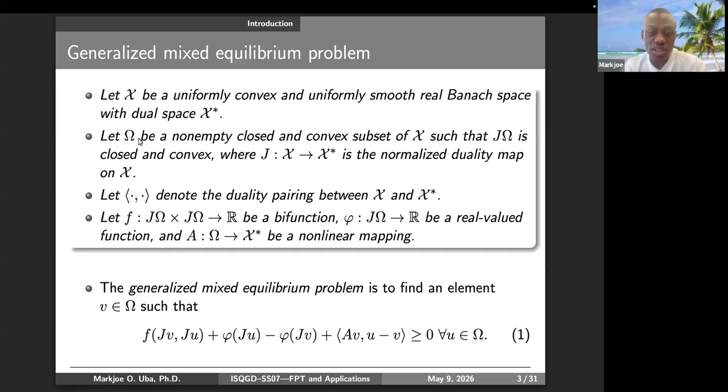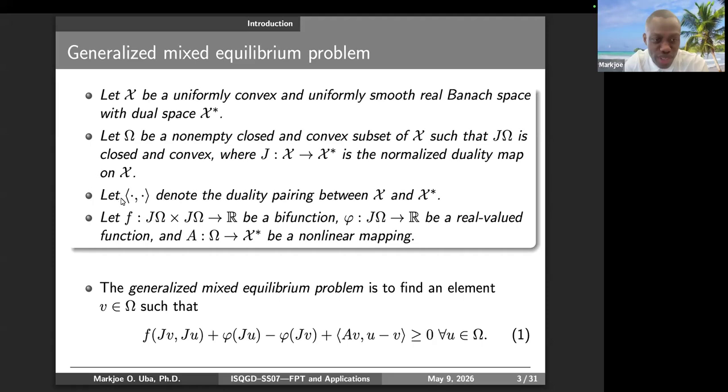So J is the normalized duality map. Then we have this duality pairing between X and the dual space. So when we finish and give an application of this result, this duality pairing,